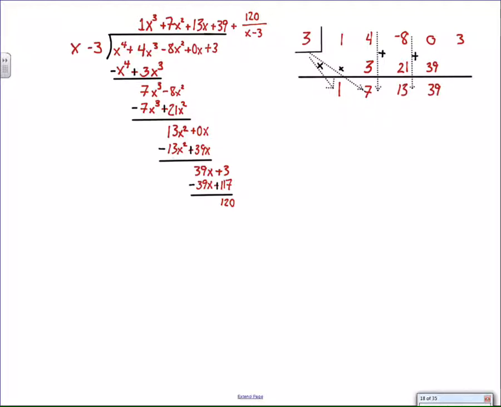And 13 times 3 is 39. 39 plus 0 is 39. And finally, 3 times 39 is 117. And we add 3 plus 117 to get 120. As you can observe, each of these numbers in the part of the algorithm is represented along this bar. Furthermore, each of the coefficients on my quotient end up being the coefficients represented down here, including the remainder in